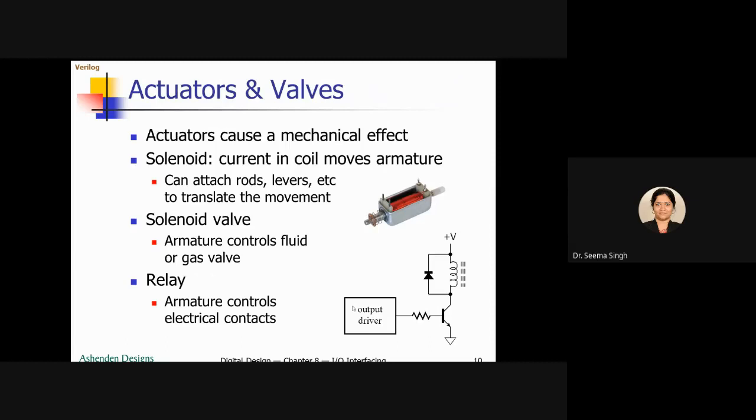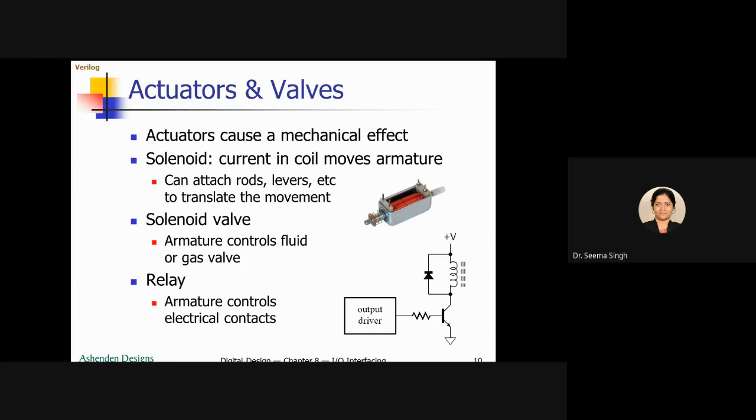Now coming on to the mechanical type of output. When I talk about output devices, you should also understand the various electrical to physical changes. Electrical to physical change means when you need to control movement.